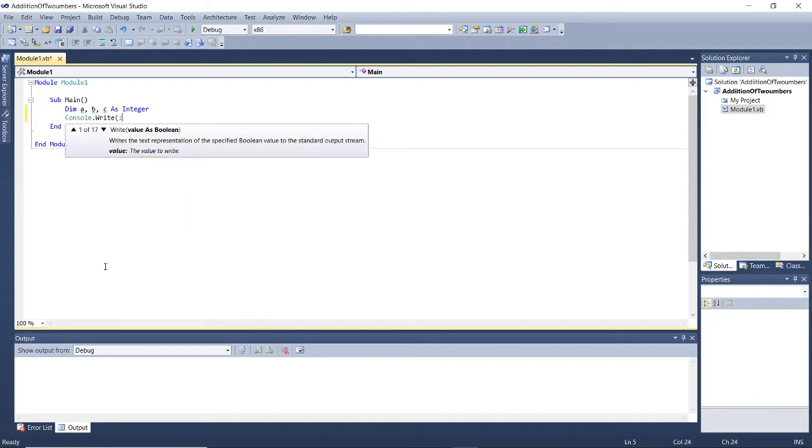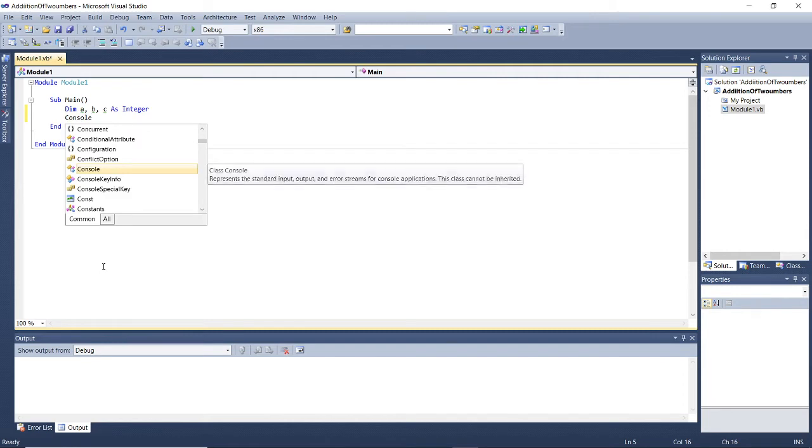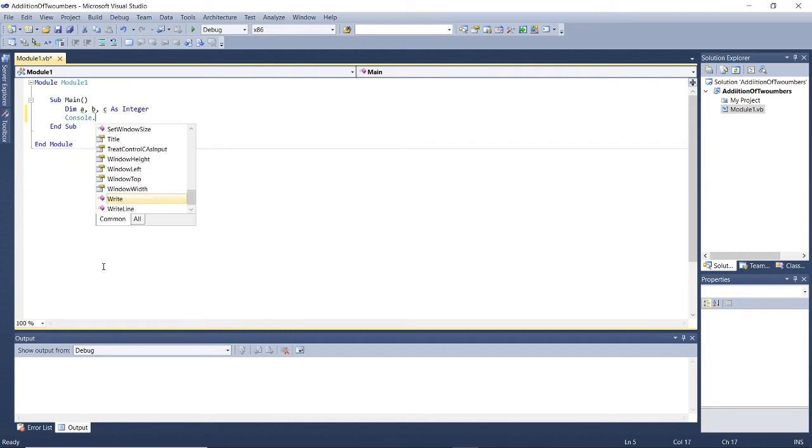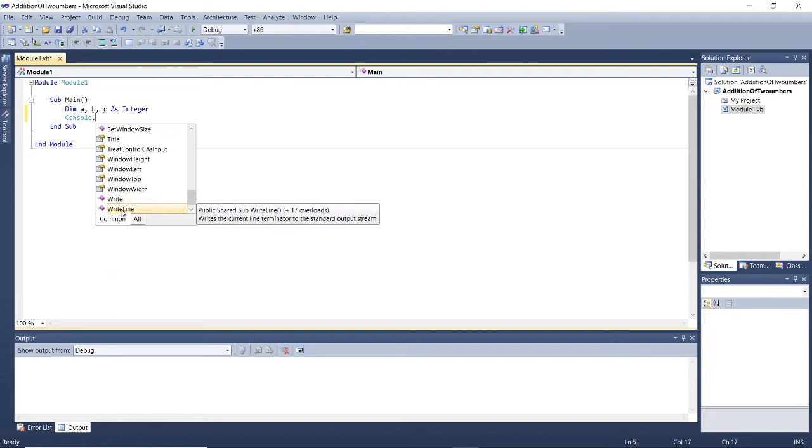Actually there are two statements, Console.Write and Console.WriteLine. So I will take Console.WriteLine. If I put a dot after Console, it will automatically give you a list of statements which can be used with that Console. Simply click on WriteLine and double click on it.